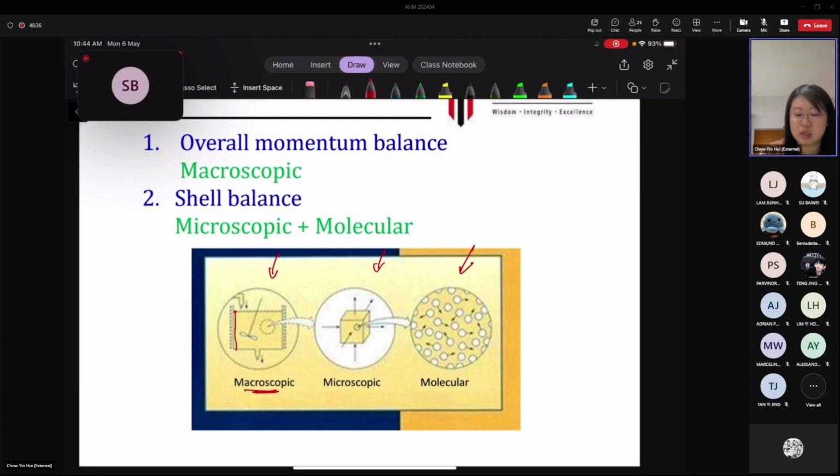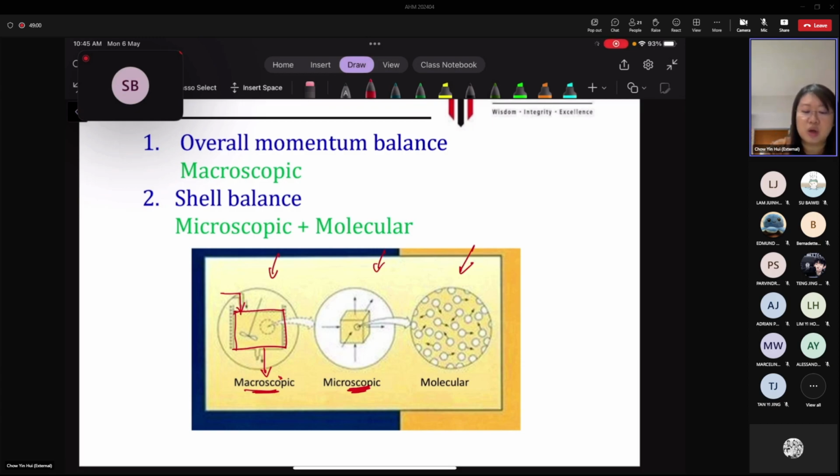The system then would be, let's say, this one. It's a bigger, higher level, where for overall mass balance you're looking at the amount of mass entering the system and leaving the system. But when we look at the microscopic level, let's say for the case when we are analyzing momentum balance,